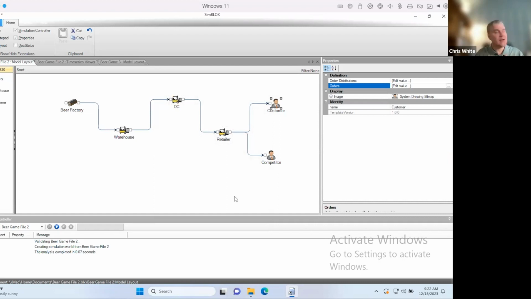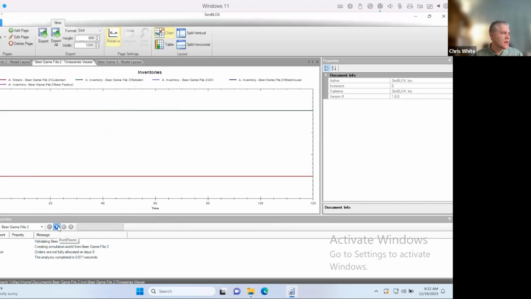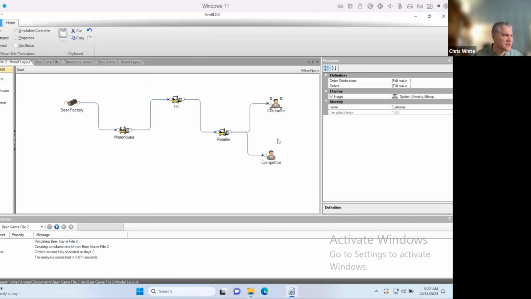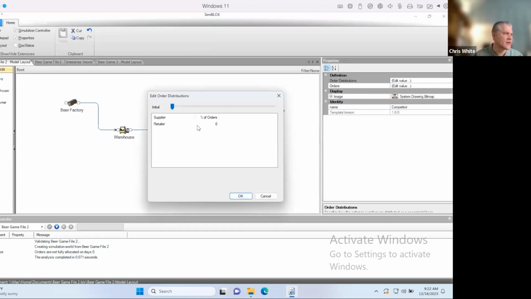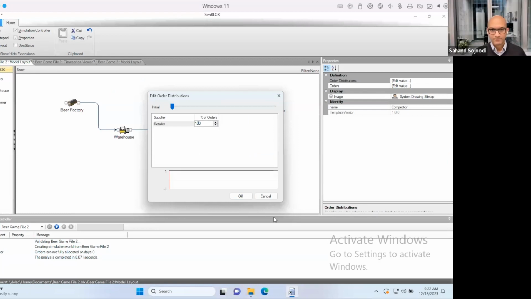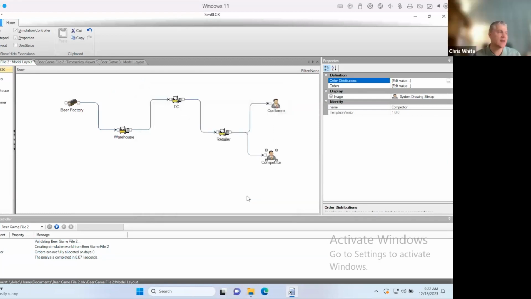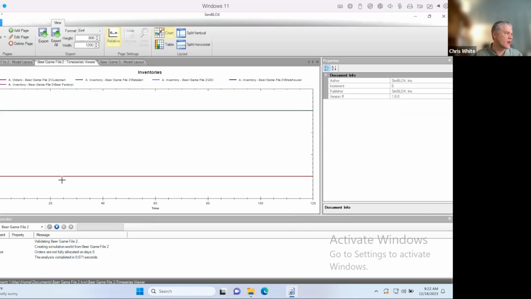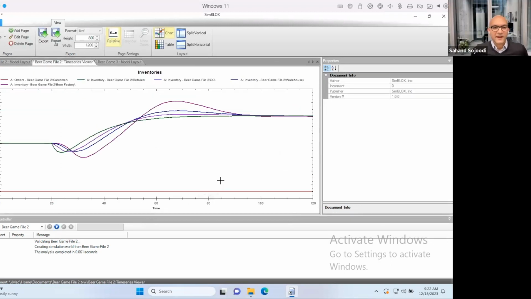So now, even though I did nothing, I'm going to be impacted. If I run the simulation now and look at inventories, these are just my inventory, so that's why everything's a straight line. This is where the simulation makes sure you've connected everything. Right here, I've got to connect that and say that the competitor is getting everything from the same distribution or retailer. So now this looks very similar.